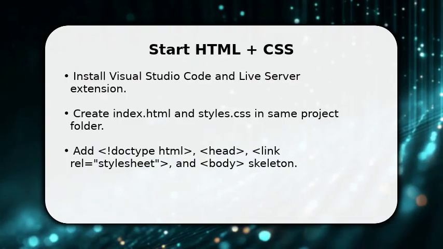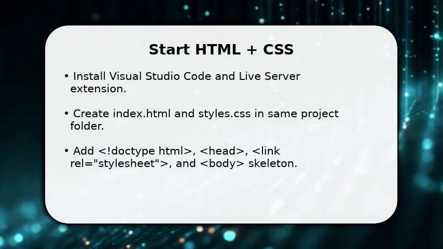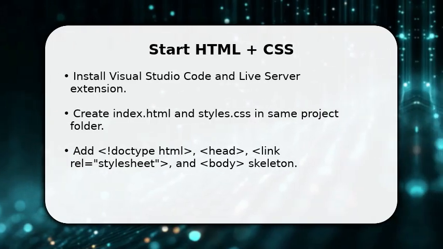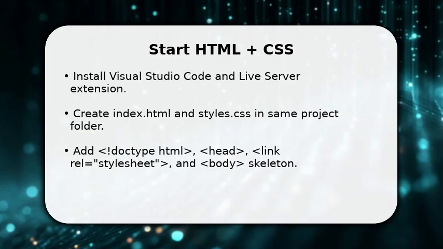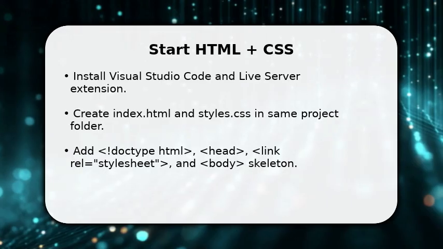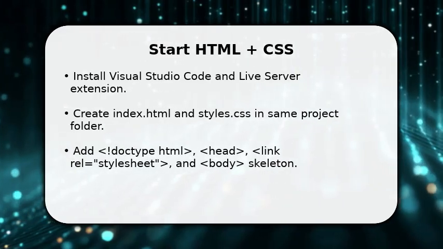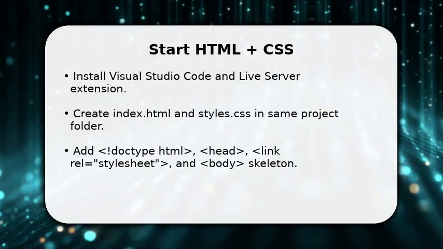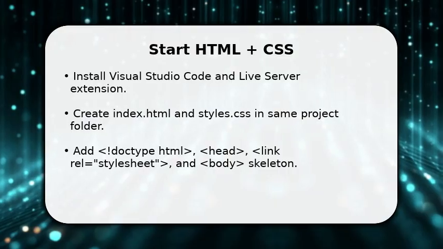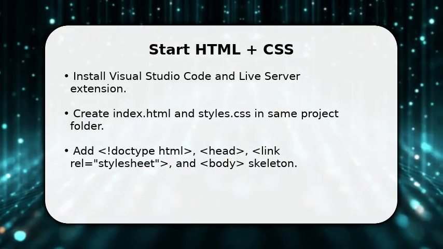You begin by preparing only what you need: a project folder with index.html and styles.css. Open that folder in VS Code and install Live Server if you don't have it. Once done, add the minimal HTML skeleton and link your style sheet in the head. You'll notice the link enables immediate styling. This lets you iterate quickly. Make sure file names match exactly, and save both files before launching Live Server, so the browser shows your initial